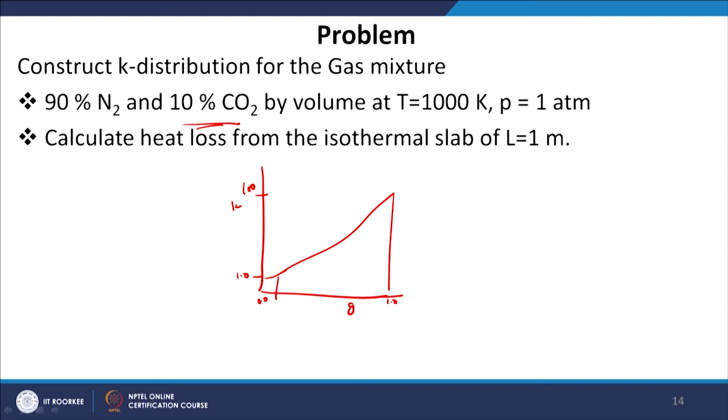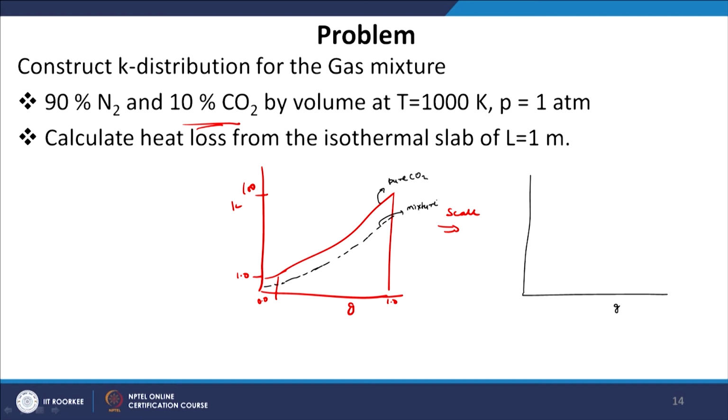Now, we know that there is only 10% CO2, so K values will not vary from 1 to 100. So, we scale. How do we scale this? The g value will remain the same. The only thing is that the curve will shift; let me just draw it here. The curve will shift a little down. So, this will be the actual K distribution when there is only 10% CO2. It will scale by a factor x. So, this is for pure CO2 and this is for the mixture. The K distribution will shift up and down depending on the concentration of the gas.